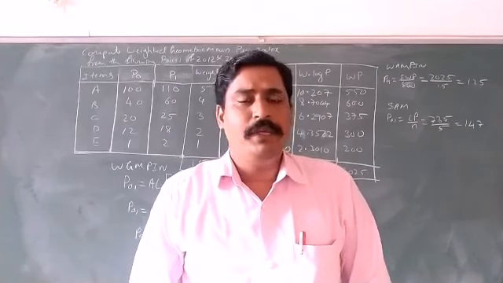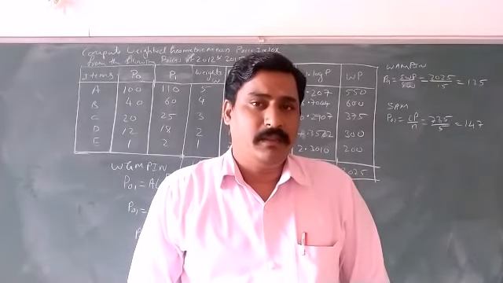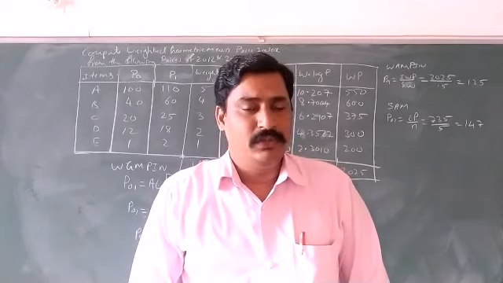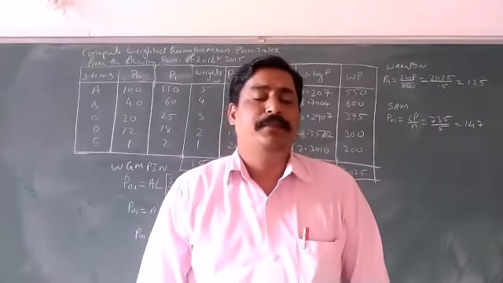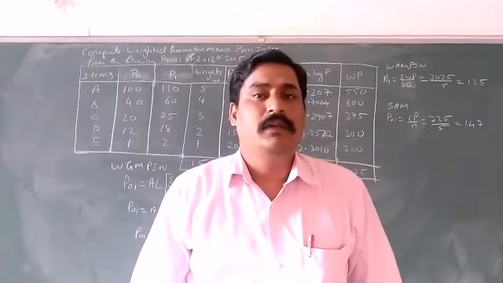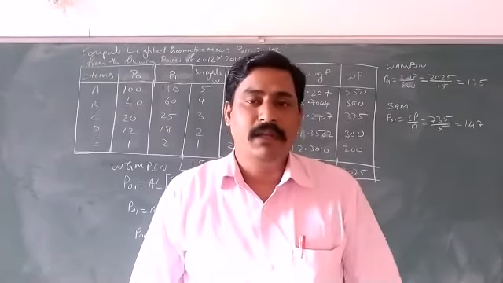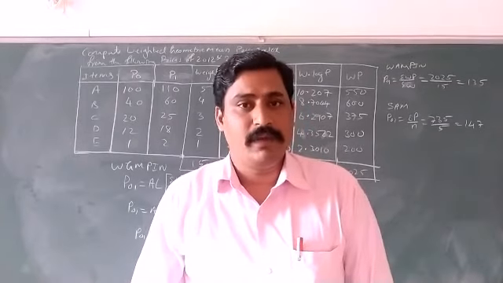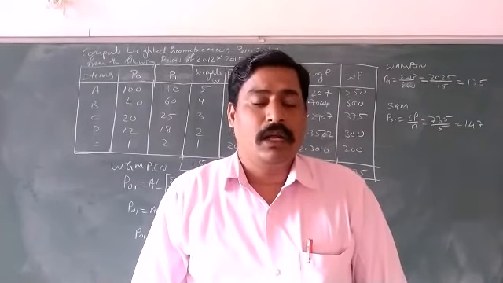So this is how we calculate arithmetic mean and geometric mean for price relatives, simple or weighted. When weights are given, weighted. If weights are not given, simple or unweighted